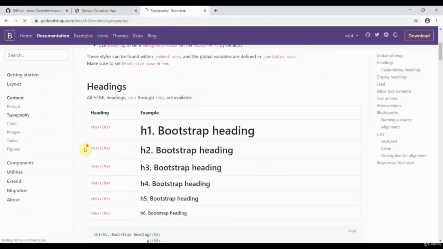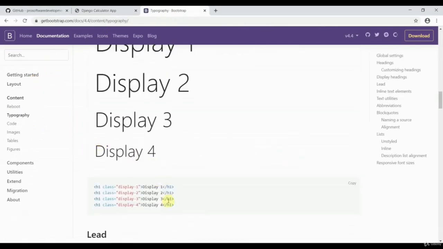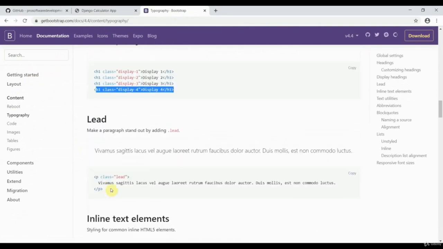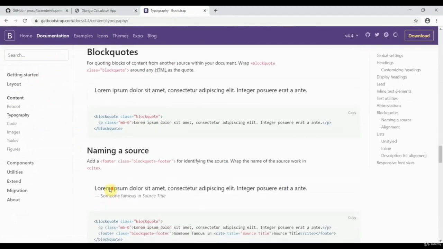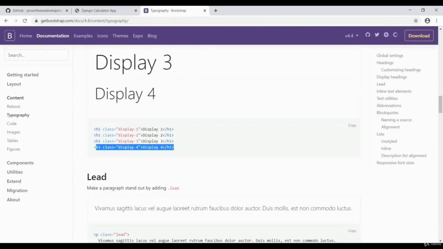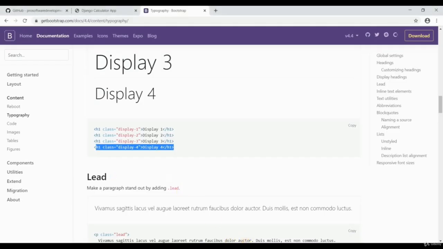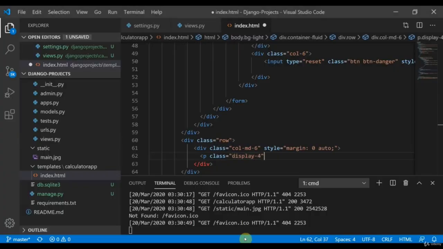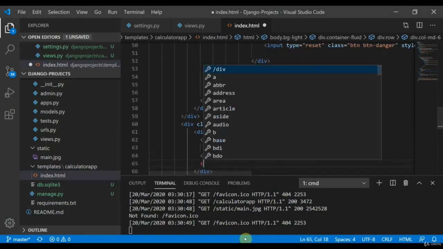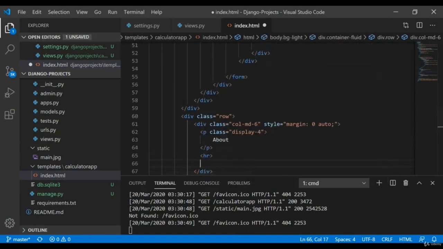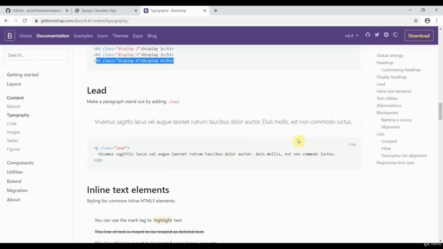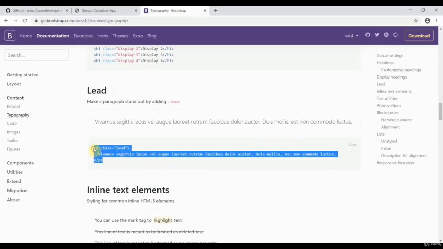One thing you can use here is display-4, or maybe lead as well, whichever you want to use. So I'll use p class is equal to display-4. This is about, then we can give an HR tag, which will create a line, and then we can use p class is equal to lead,